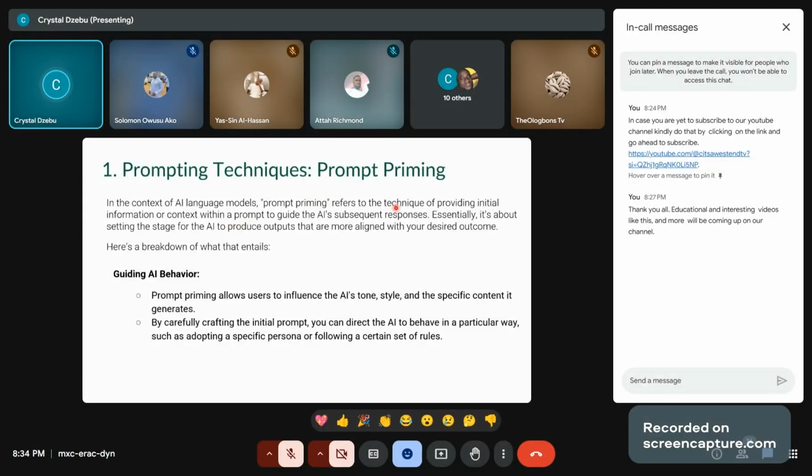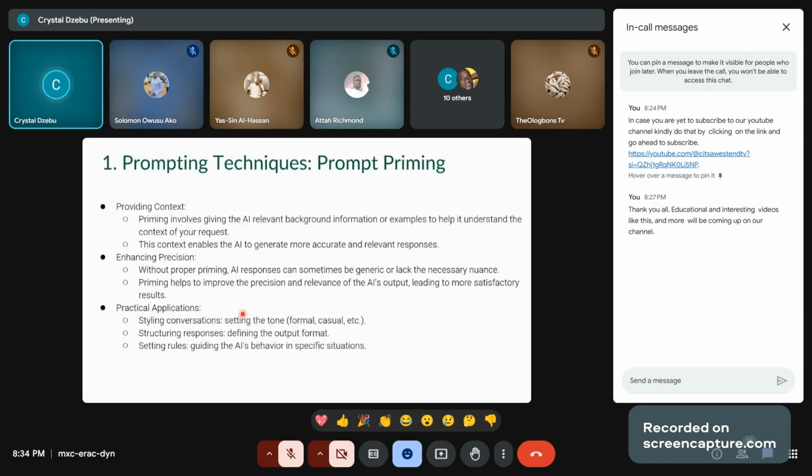Prompt priming refers to the technique of providing initial information or context within a prompt to guide the AI's subsequent responses. Especially, it's about setting the stage for the AI to produce outputs that are more aligned with your desired outcome. So, one, it allows the users to influence the AI's tone, style, and specific content it generates. Now, I'll give you an example. So, one, it provides context, precision, and then practical application. So, for example, you are setting the